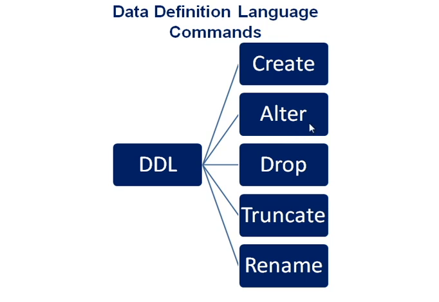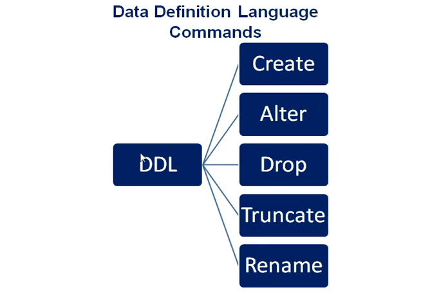And the next command is the alter command. The alter command is used to make alterations, changes to the database object or database table. Suppose you create a table. Later we want to modify the structure of the table, to add an additional column, to remove an existing column, to change the existing column data type, to rename the table, to add any primary key, or to remove any key constraint. For all these you can use the alter command.